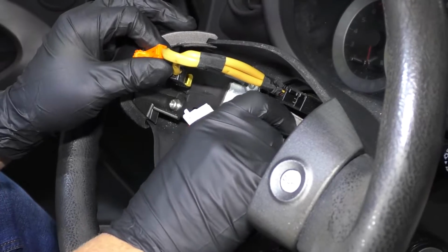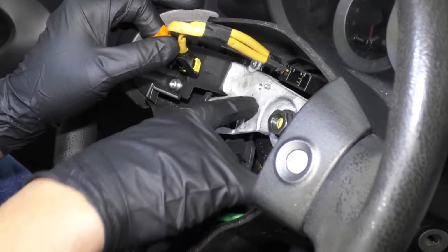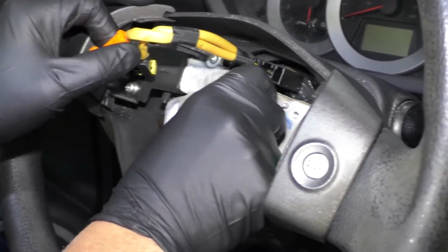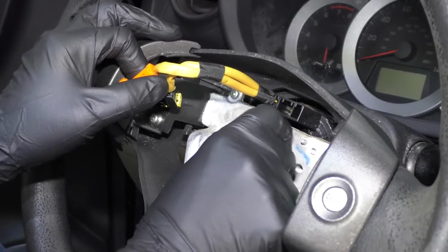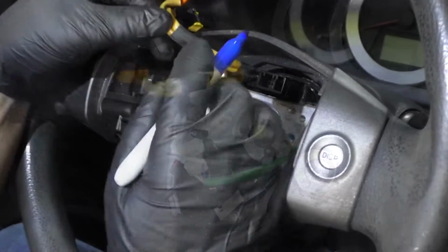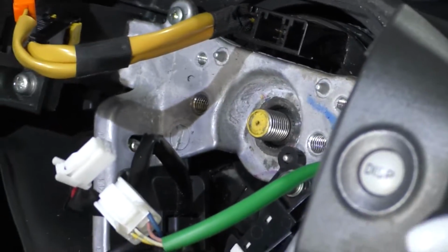So that's released. You can also use a puller. You can thread in the puller right there and then press it off, but you don't necessarily need a puller. Take the nut off. Now before you take the steering wheel off, the steering wheel is not keyed, so